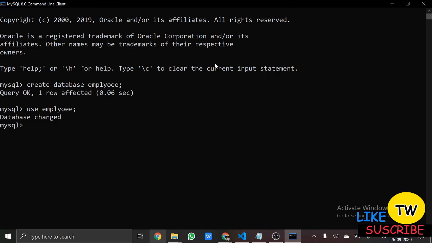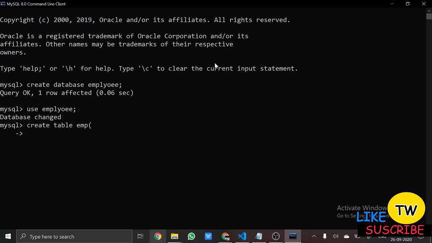Now we will create the table. So we will write create table name. So for example, I am taking table name EMP. Okay, it's the employees table, so I am taking the table name as EMP. So we'll write EMP, then opening bracket, then whatever things I have to take as column names,